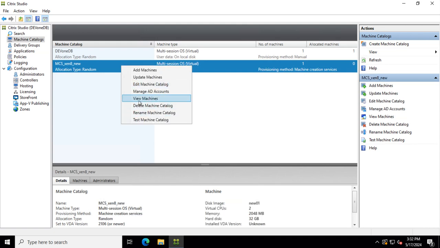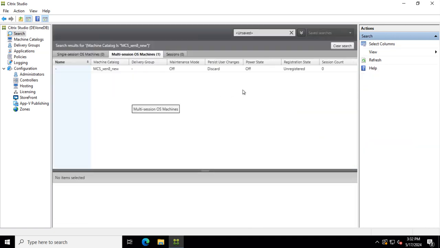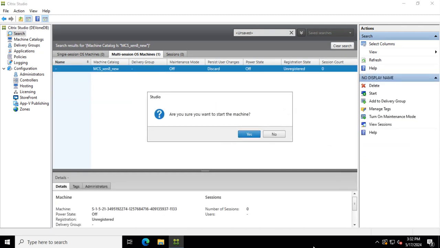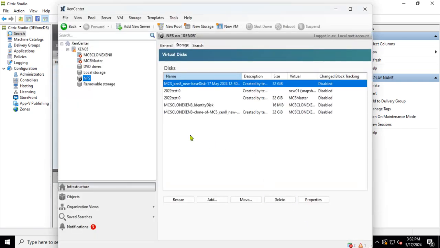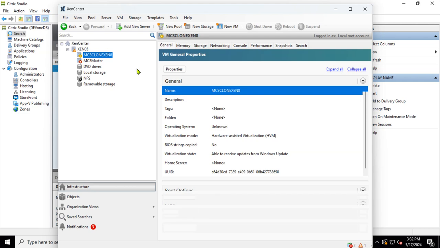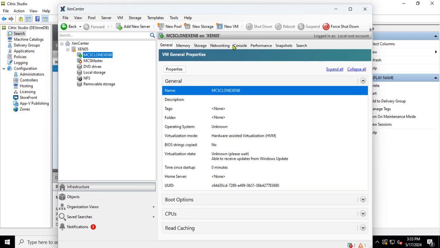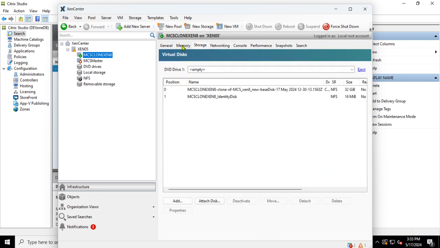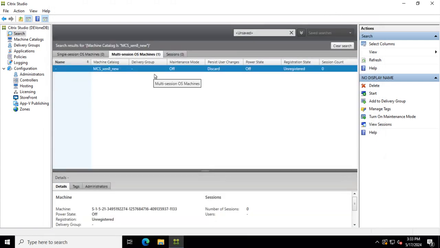So I can see here a machine. Let's power it on. Go to the Xen to see the magic. Come on, come on. Okay. So it's booting. So until it's booting, let's add it to a delivery group and do the full test to